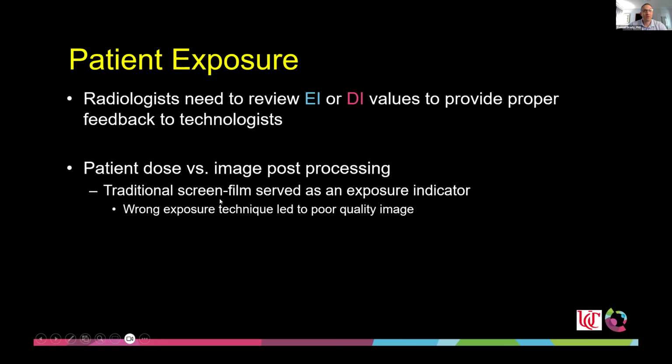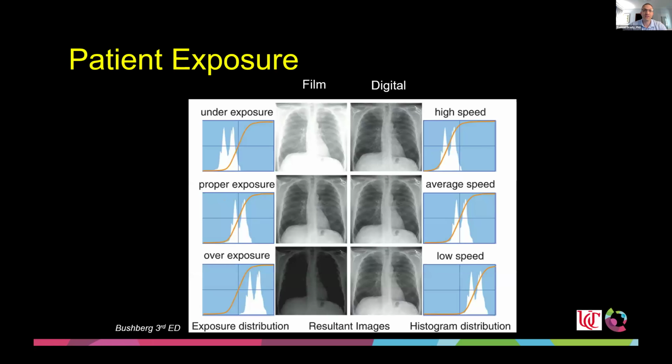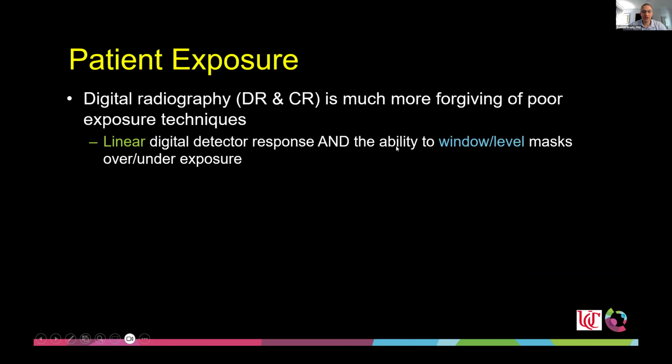Back in the olden days when we had screen film, so film technology, the film itself told us if we were right or wrong. If you underexposed, the image was very white. If you overexposed, it was very dark. It only looked good if you did it right. With digital, you can see here, you can actually be pretty low and pretty high dose, and the overall quality generally stays the same. And so for us, we want to make sure that we don't have something called